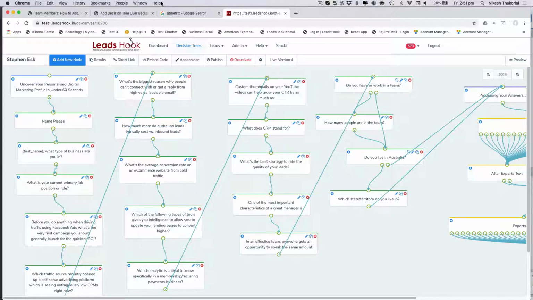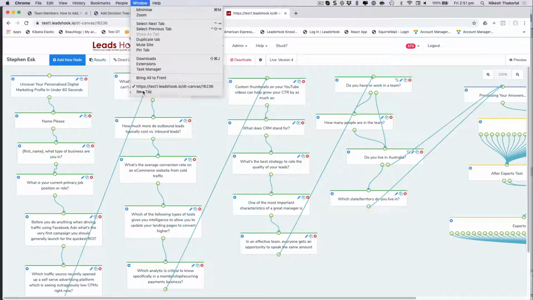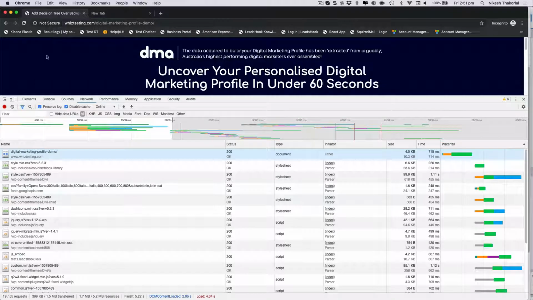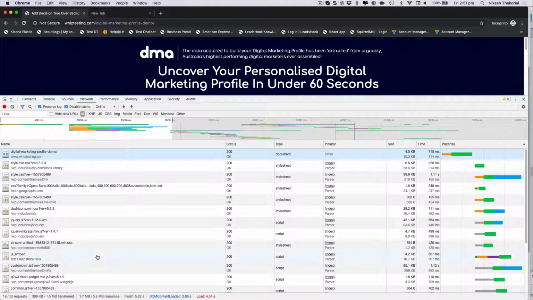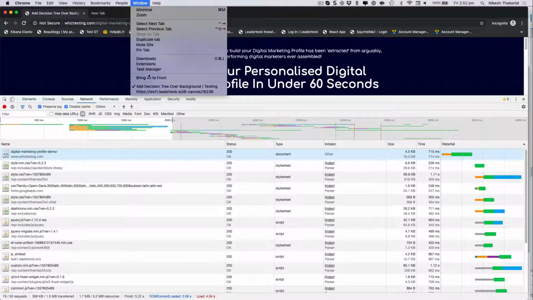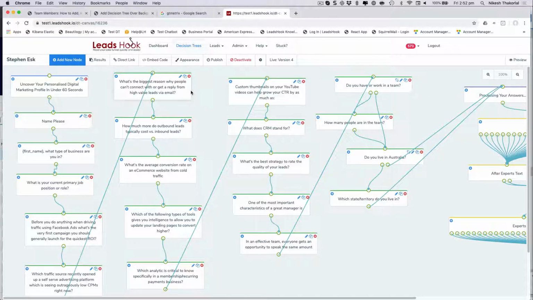Okay, all right. So the first test that you should be doing is an analysis like this to check the order of the loading of the scripts and when LeadsHook is loading up. Okay, that's the first thing to check. The second test is basically to grab the